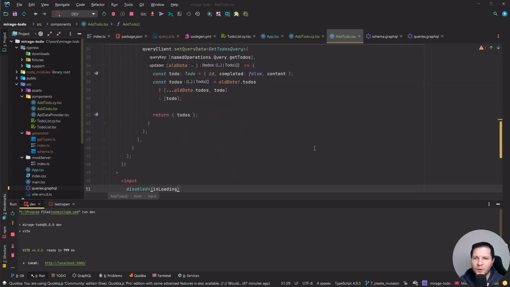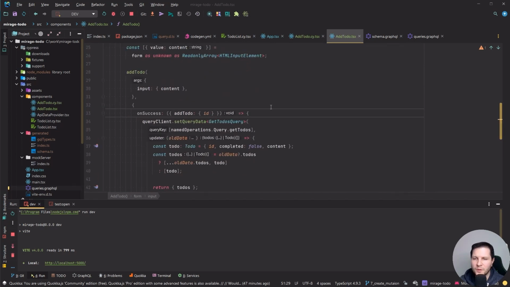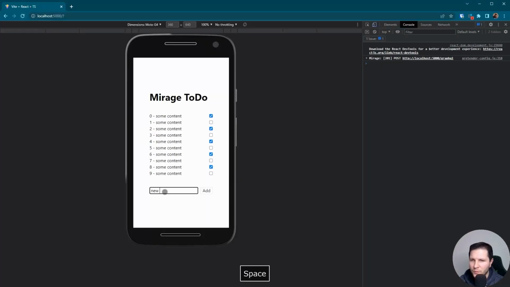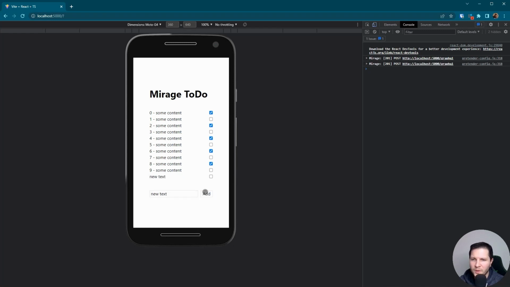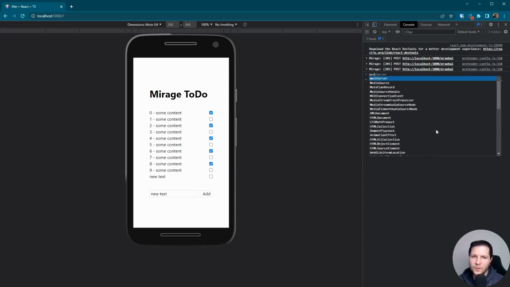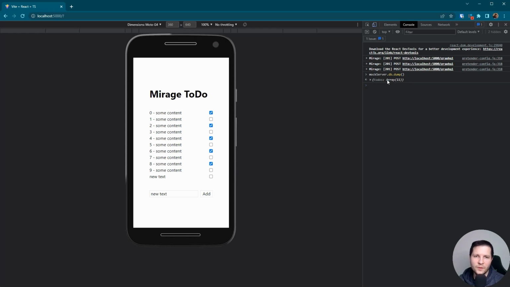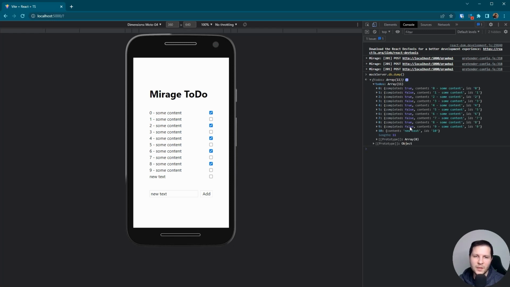Now let's go back to our browser. Let's check if it's working. Let's refresh the page. New text, and we click add button, and it's there. Everything is working as expected. Let's check what we have in our mock server database, mockserver.db.dump. As you can see, we have 11 to-dos there, but our to-do which we created is a little bit